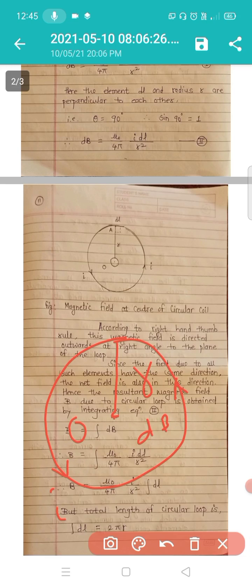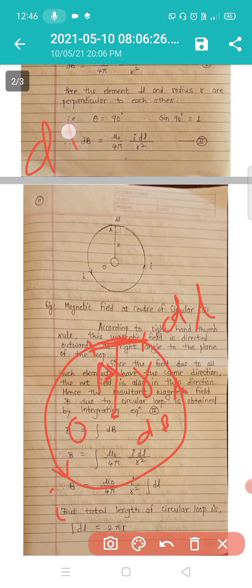Now consider the small current carrying element dl of the wire. Point A is the center of the element. Then according to Biot-Savart's law, the magnetic field at the center O of the loop due to the current element dl at point A is given by